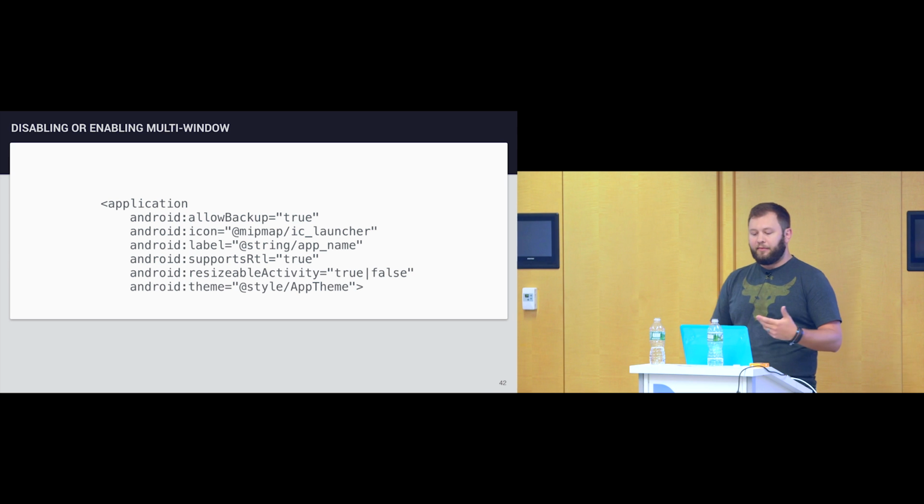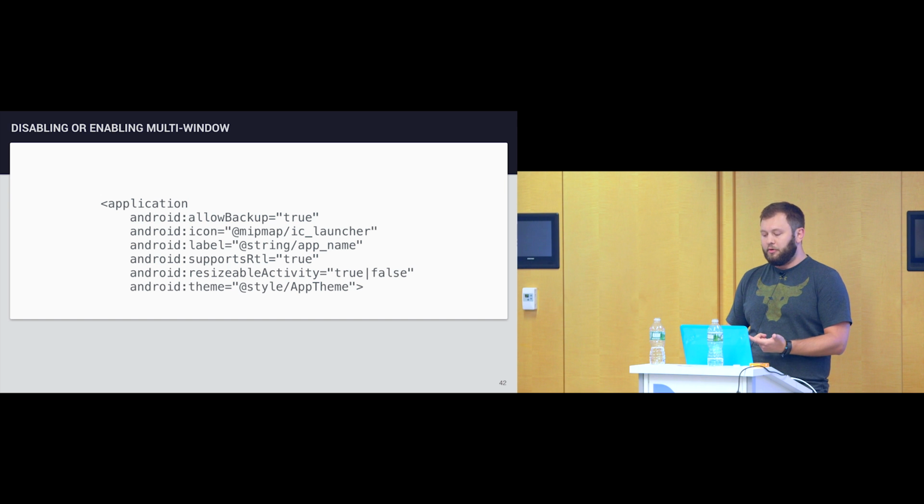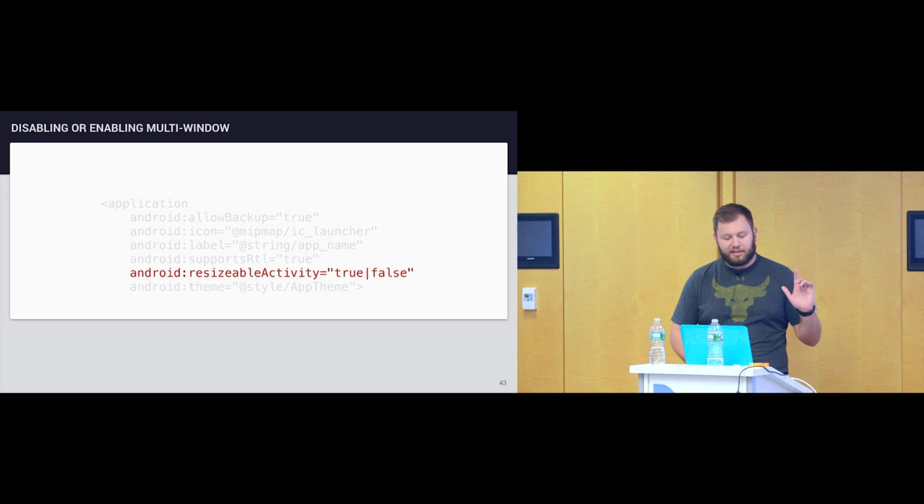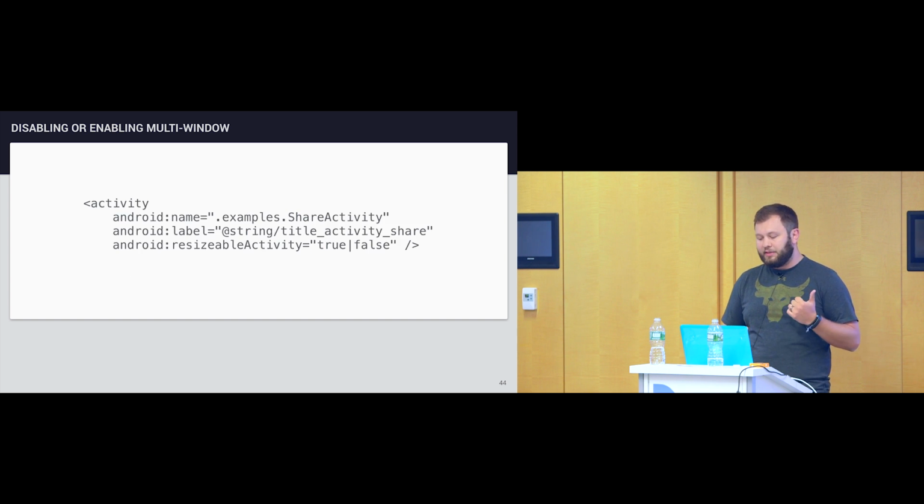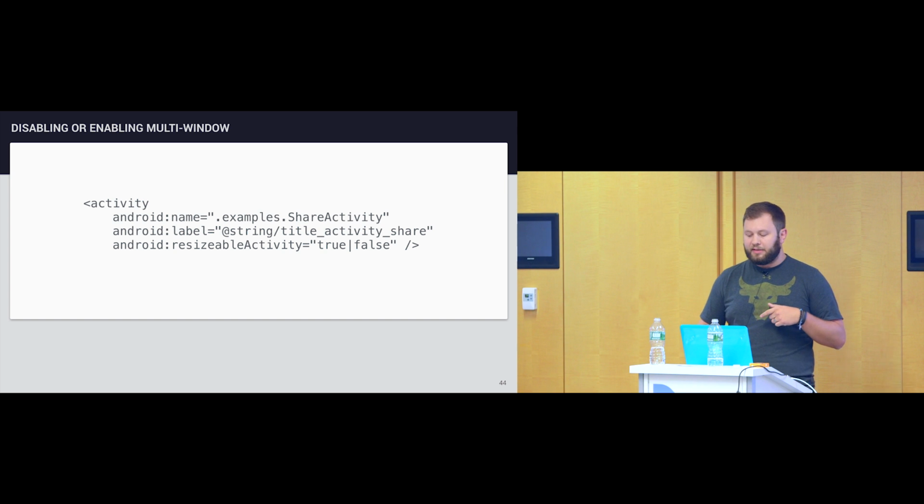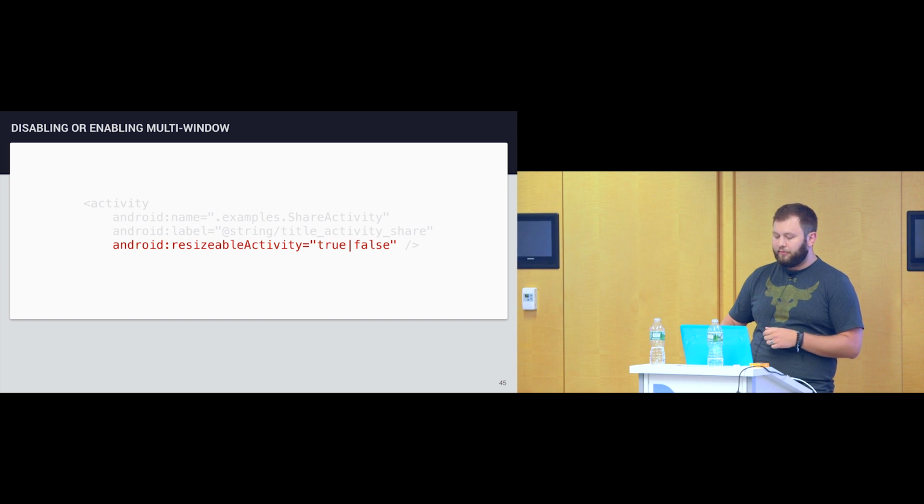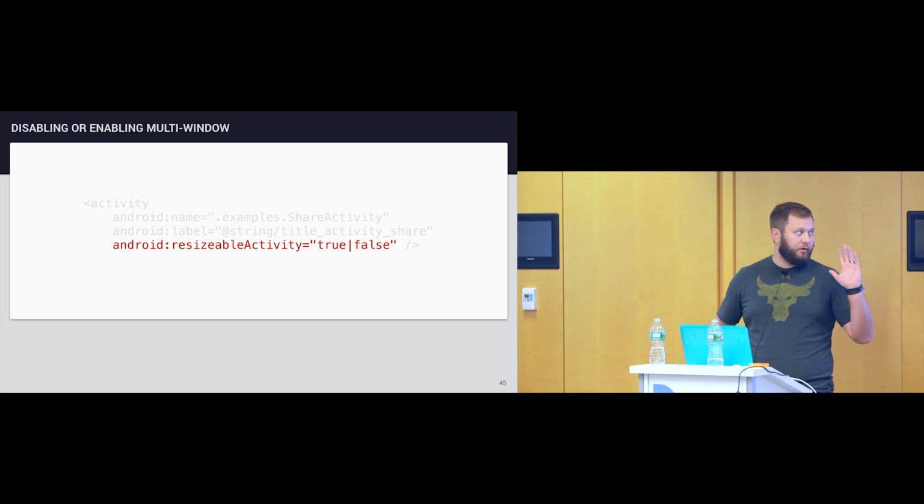So in order to do that, first and foremost, if you want to turn multi-window on or off at the application level, you go to the application element and add resizableActivity and then either true or false, depending on which one you want to support. Like I said, pretty easy. And then same with activities. Go to your activity in your manifest, add resizableActivity, true or false, and you're done. You either are supporting it, so it's more verbose so that someone knows you are supporting it, or